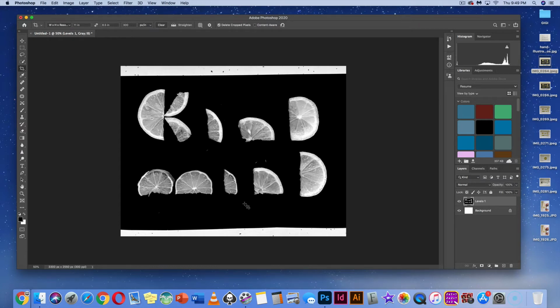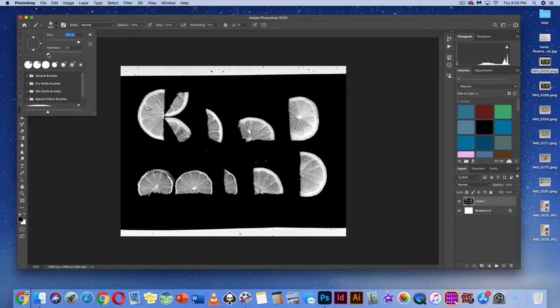Now, the next step I want to do is I want to make all of the rest of this image black. Now there's several ways we can do this. Obviously we could just use our brush tool. So just grab your brush. Now you can make it big just by hitting your right bracket key. And I'm just going to make my brush really big. You can also